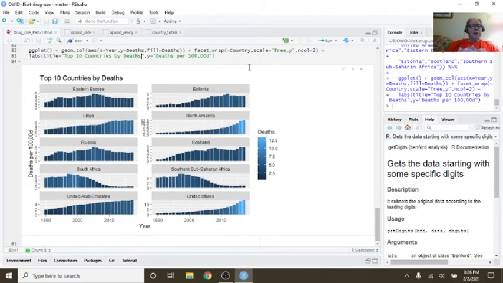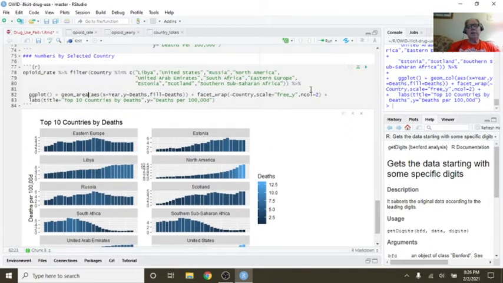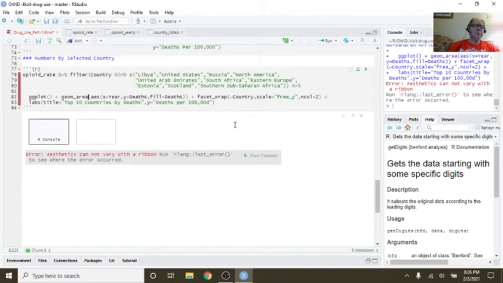So this just gives us a way of looking at this a little bit. Let's try this area one more time. This probably won't work, but let's see what happens. Nope.